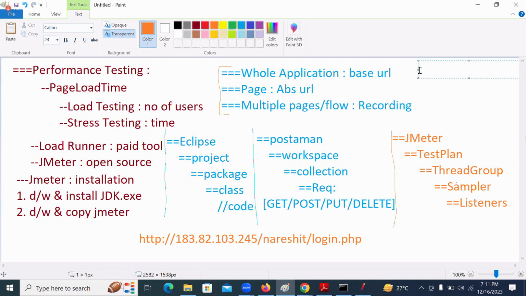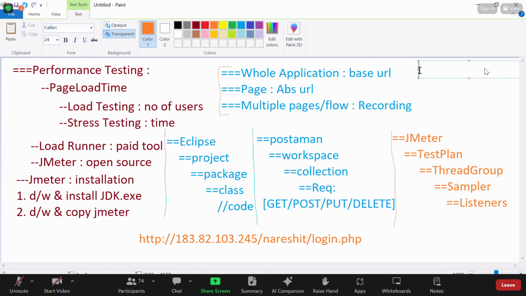And tomorrow we can decide whether manual is easy or automation is easy. Which one is easy? Both are easy. So we can get that confirmation by tomorrow's session. Tomorrow also you have a session with the timings of 9